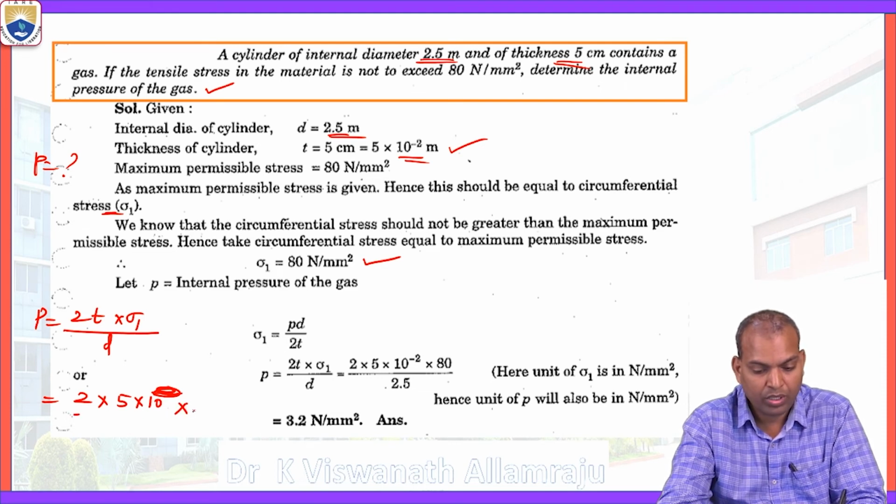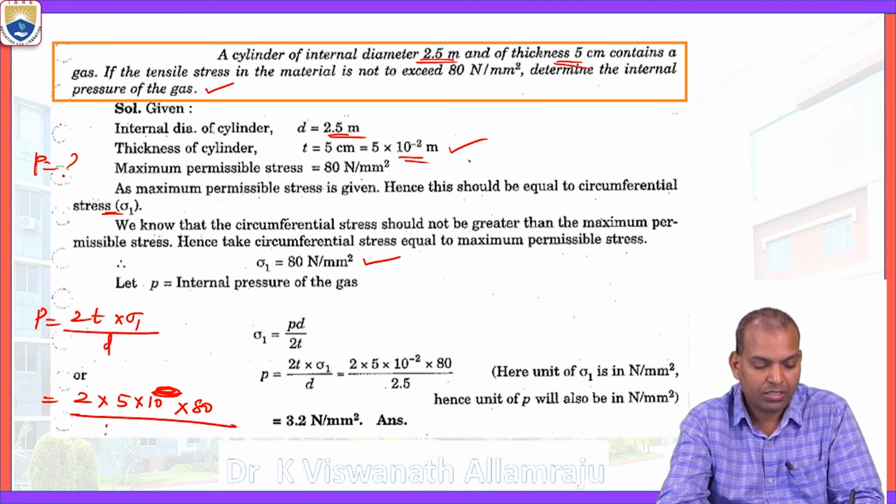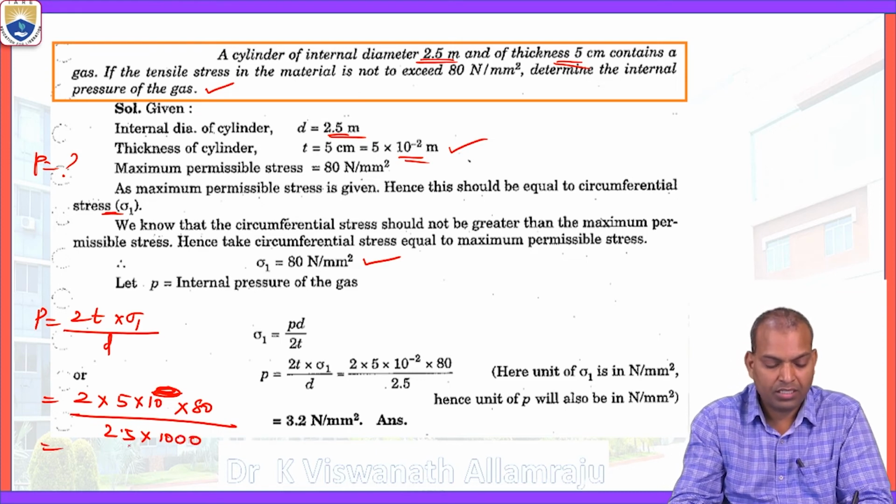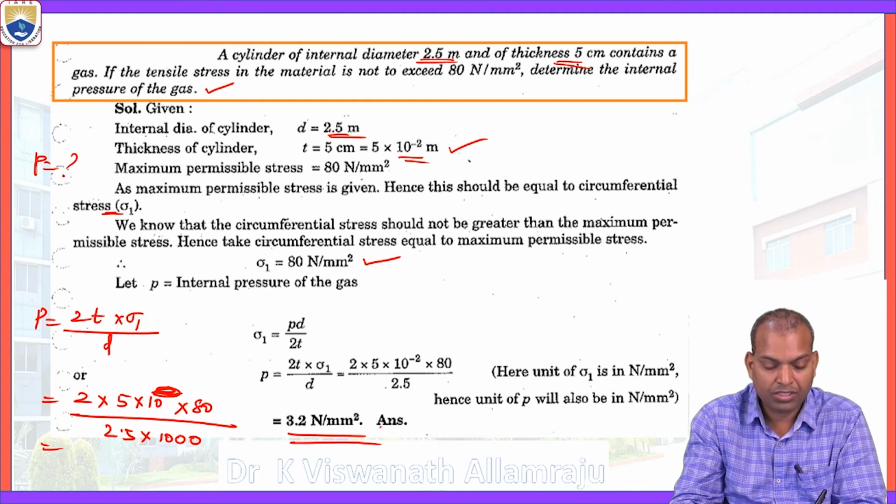Sigma 1 is 80 Newton per square millimeter, and D is 2.5 meters, that is 2.5 times 1000 millimeters. Simplifying, after calculation